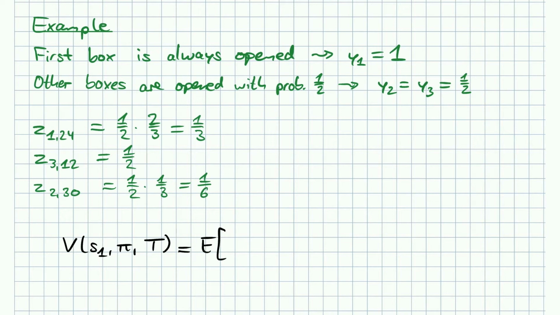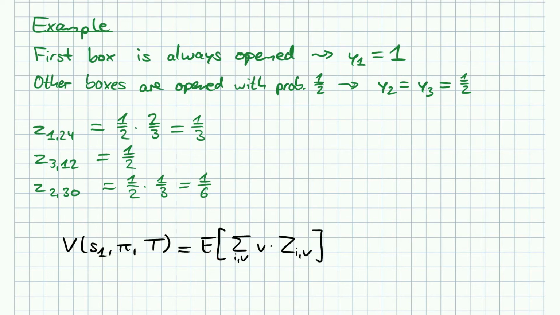This we can now also write in terms of the capital Z variables. Namely, when does this happen? This happens if Z_{i,v} is 1, then we're taking home the respective v. And for this we have to take the sum over all possible i and v, and this way we can just express the prize that we're taking home, and the expectation of this is the expected reward of our policy.